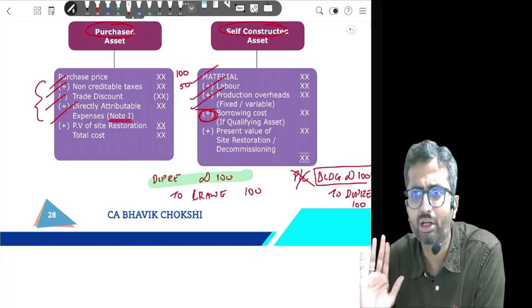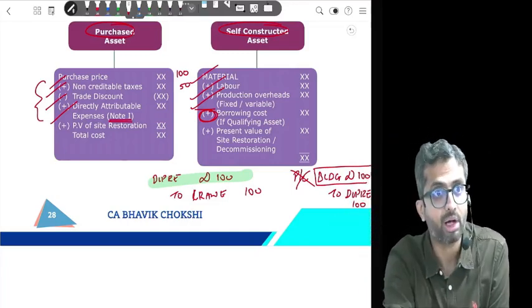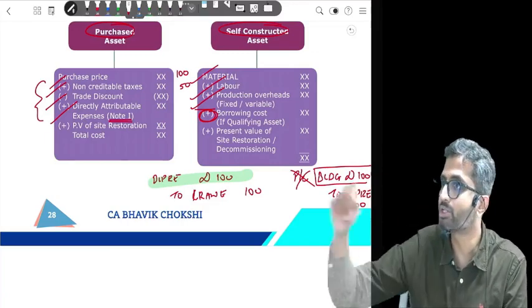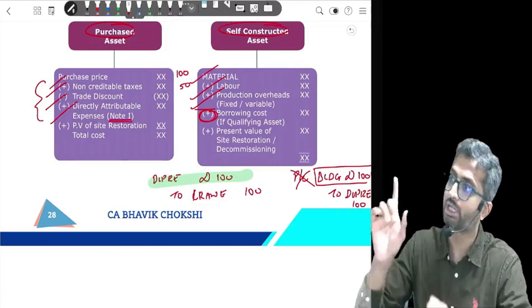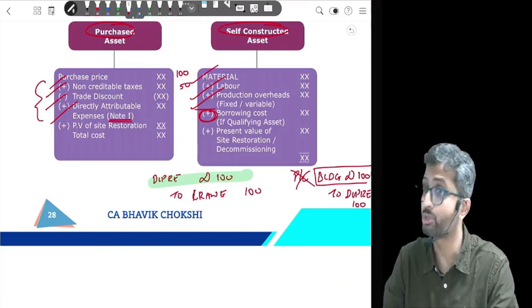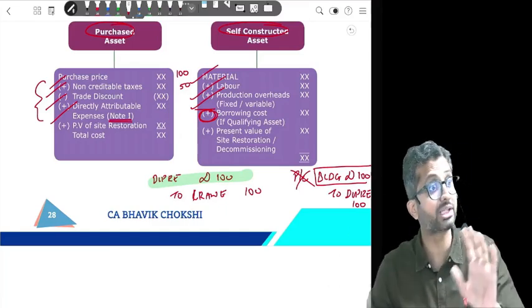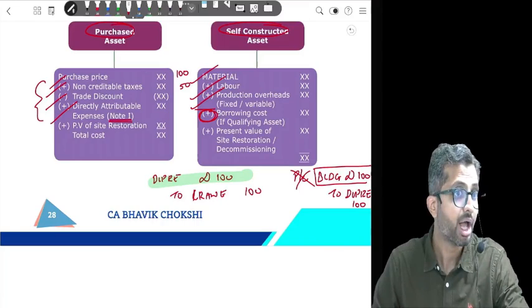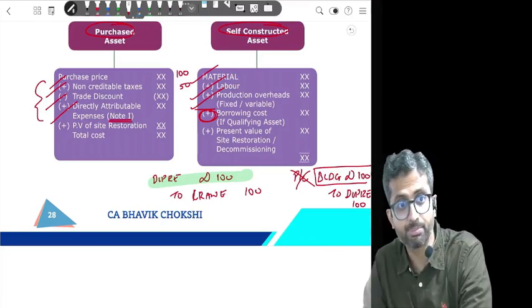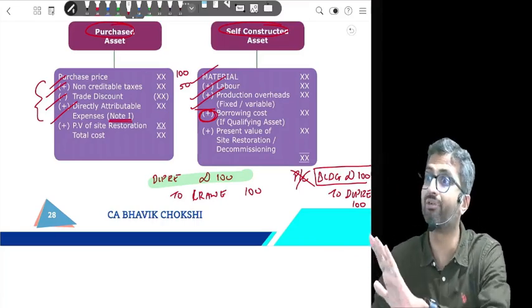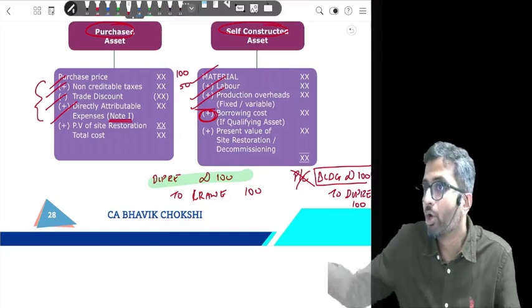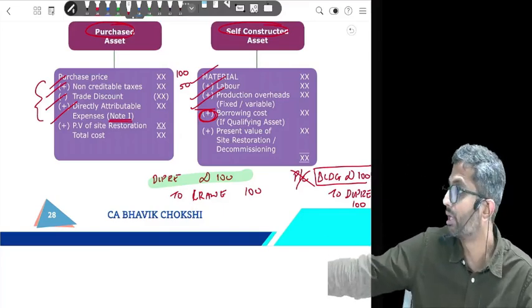Do you agree to that? But labor cost will come. Now whether labor cost is for 2 months, 2 years, 20 years, if it is to construct, it will always come. Interest cost, whether it is for 2 months, 2 years, 20 years, in cost sheet will never come. So if you follow the same principles, finance cost should never be a part of cost because it is financing in nature, not operating in nature.